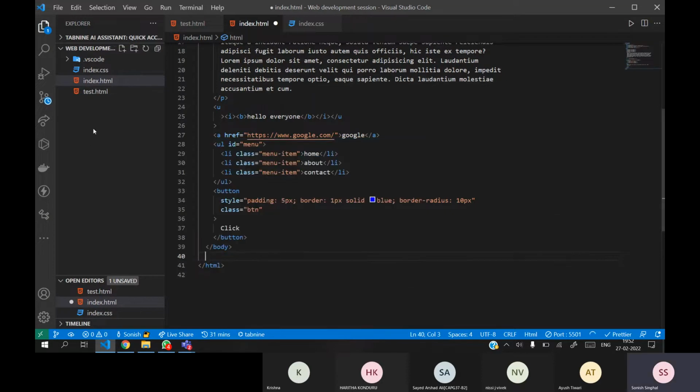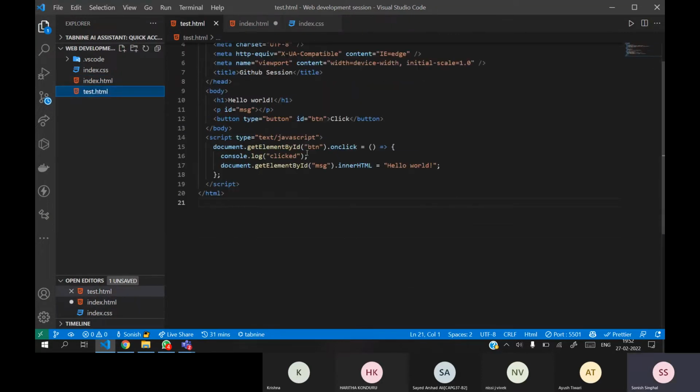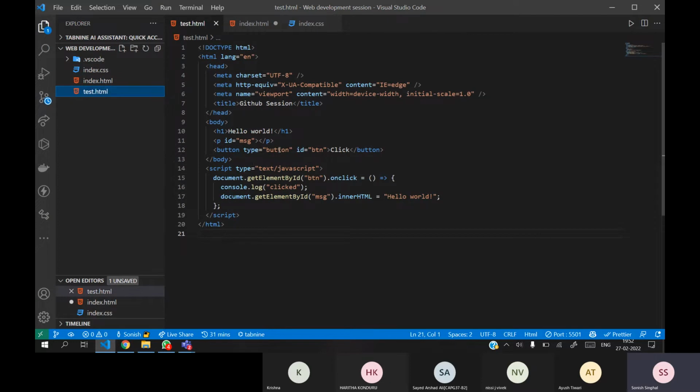I have already created a template here. For the JavaScript, we can create a button, and inside that we can add the ID. Inside the body, after the body tag, we can create a script tag, and here we have the properties. This is just to give exposure to JavaScript and what it does. Basically, we can add getElementById. It will find in the document an element whose ID is btn. On clicking that ID, it will execute this particular function.